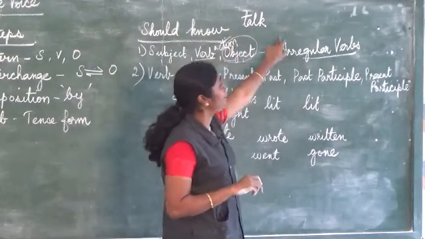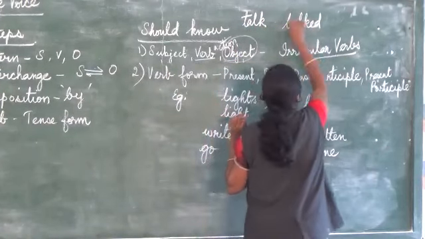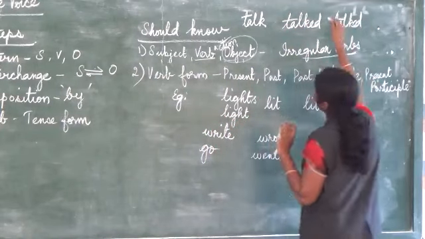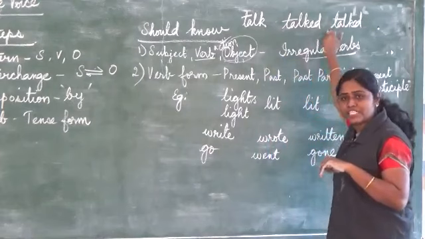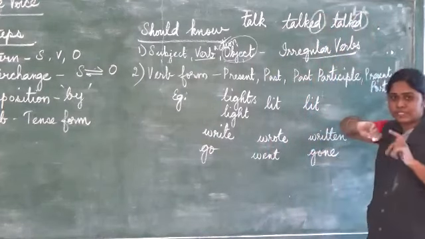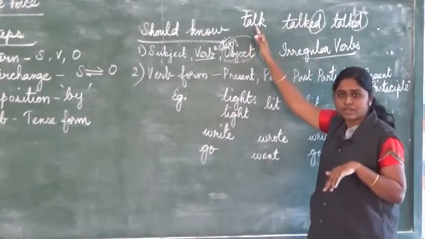This verb, the past tense, you can just write it as talked, and past participle is also talked. So now how have we got this past tense form and past participle form? Simply by adding ed. Clear? So words like this, like talk,